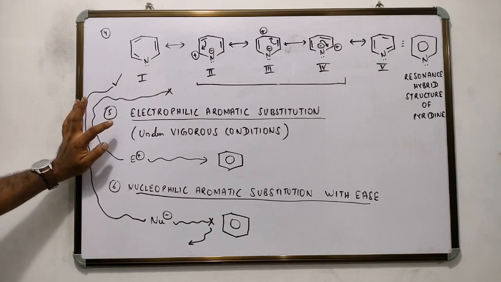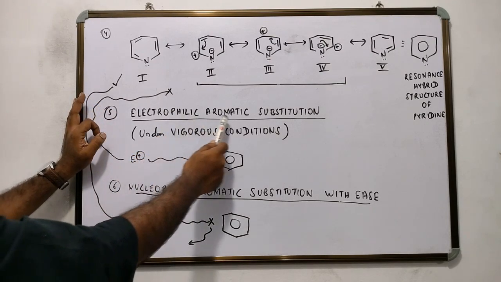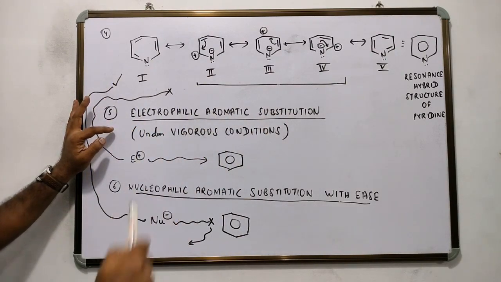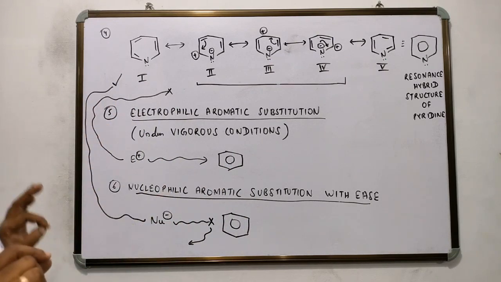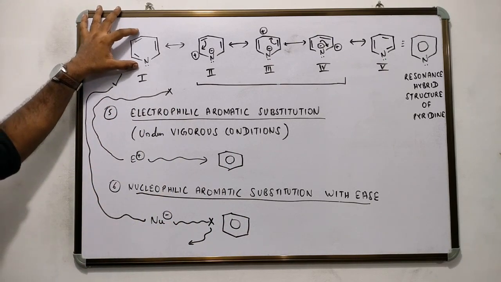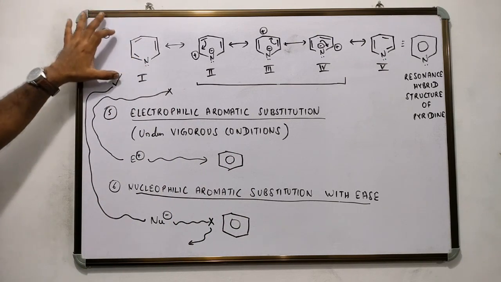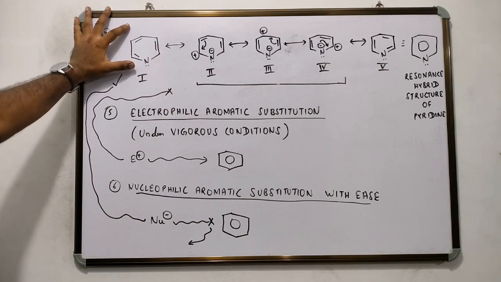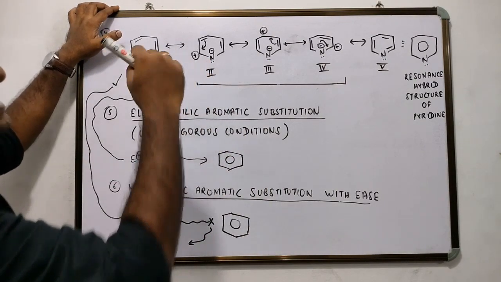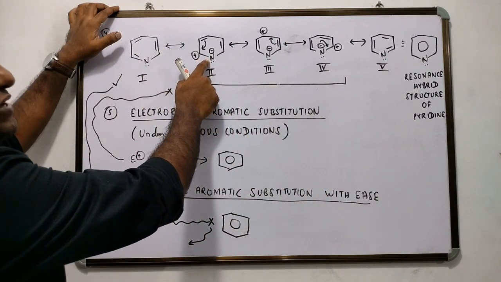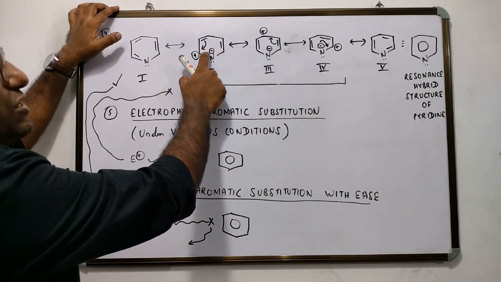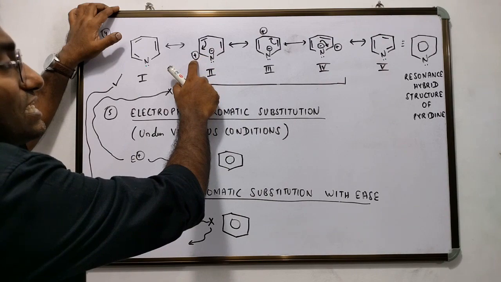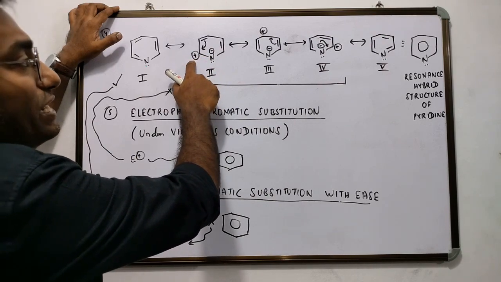Point number 5. Pyridine undergoes electrophilic aromatic substitution, but under vigorous conditions. There is no doubt in anyone's mind that pyridine is a benzenoid compound. Being a benzenoid compound, it is rich in electrons. But there is a problem. We have a nitrogen here which is electronegative. And this electronegative nitrogen pulls an electron pair from the adjacent positions, and this creates scarcity of electrons, particularly at